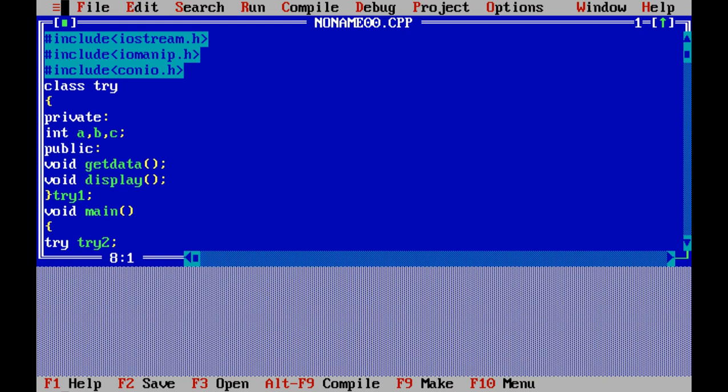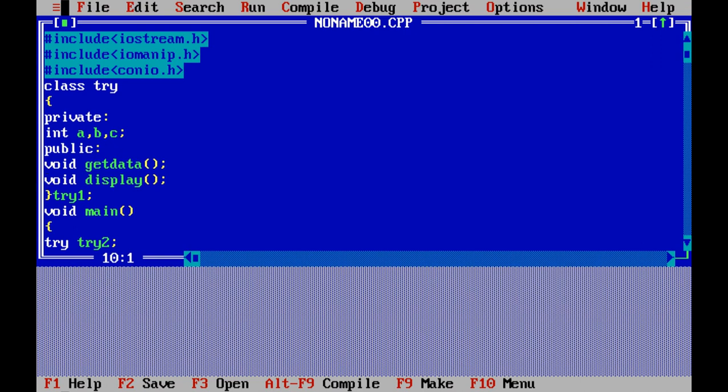Here my class try has two objects, try1 and try2. First I am using the first object try1 to get data, and try1 dot display, which means I'm using the first object to get data and display it, and I'm using the second object try2 dot get data, and displaying it.